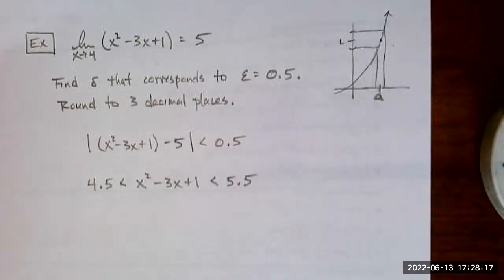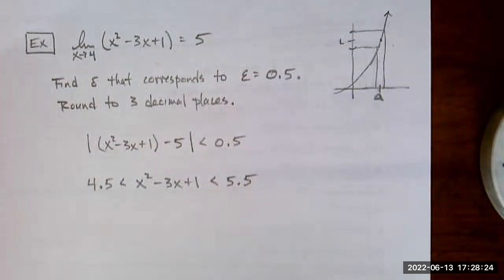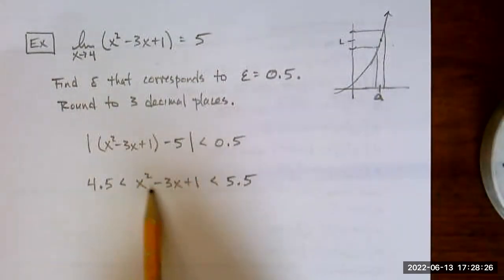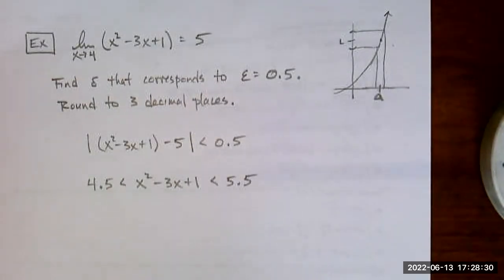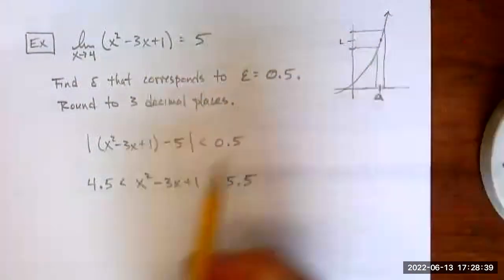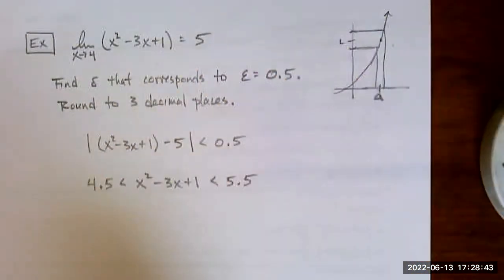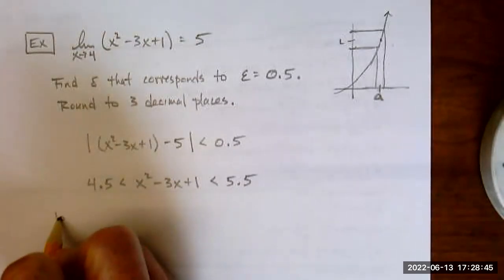And I think that's a lot easier to wrap our head around where to go from here with a nonlinear function. Because here's what we're going to do. We're not going to isolate x, the way we did with the linear. The math's just not going to work that way. We're going to say, okay, let's think about this. So this tells us where those boundaries are. The lower boundary,